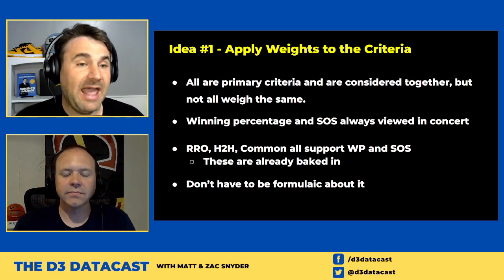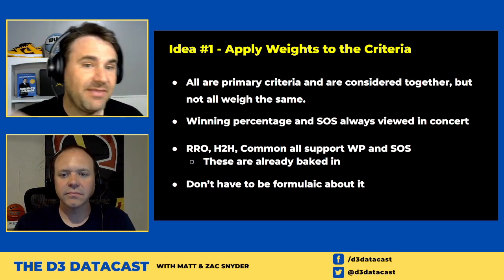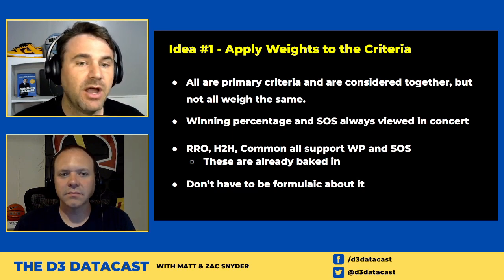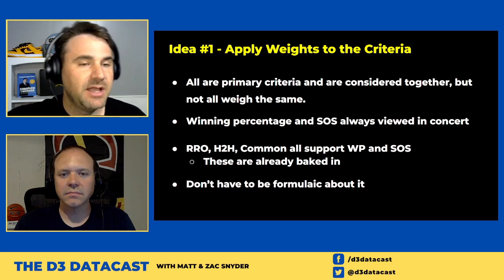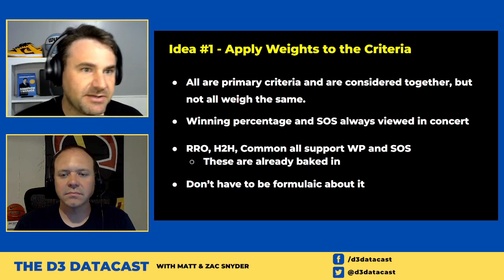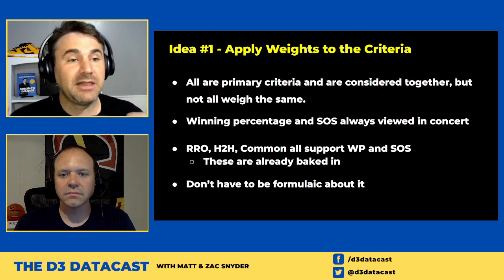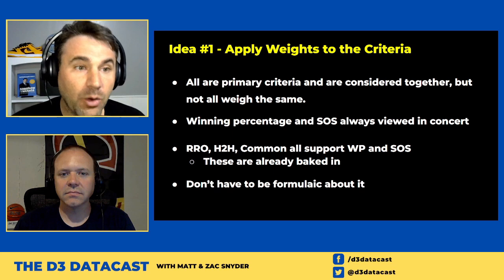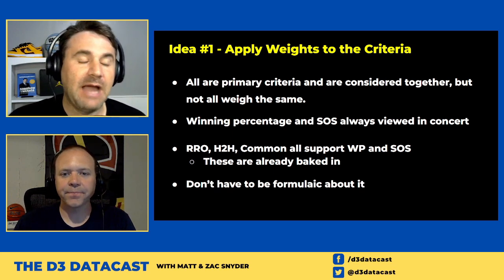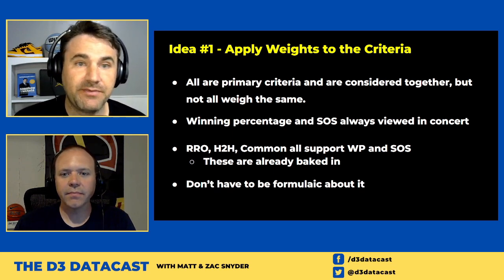If you have a head-to-head matchup, again, that's a win, and that's probably a good win because they're also being considered. So that's baked into your winning percentage and strength of schedule. Again, common opponents: that opponent for you and the other team being considered is baked into their win-loss and their SOS already. So one thing I'm a little bit hesitant about in the current system is how many times we are double counting some of these wins and some of these schedule components for different teams.